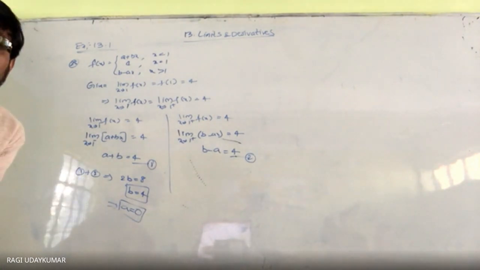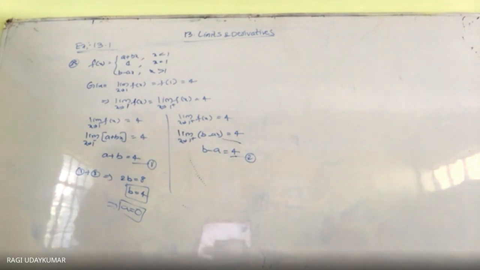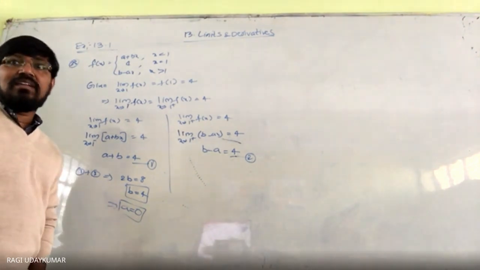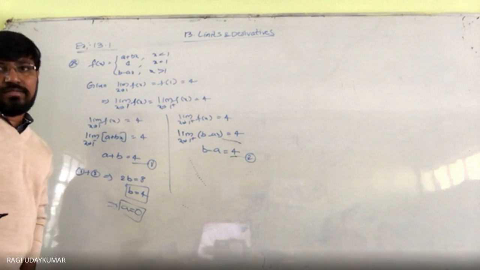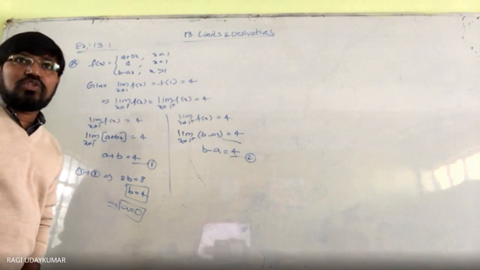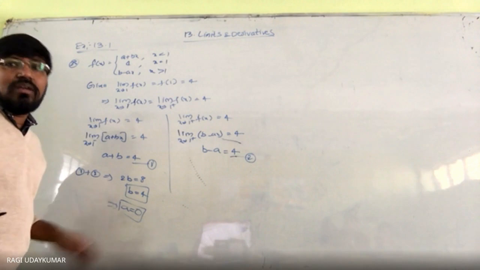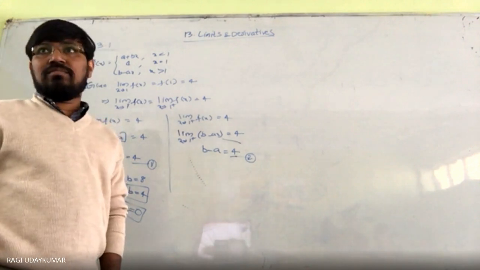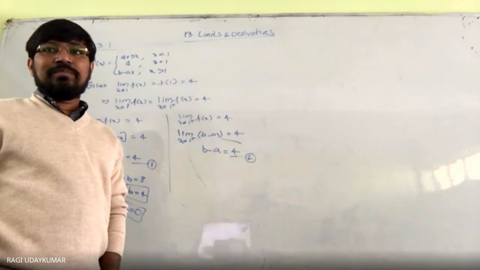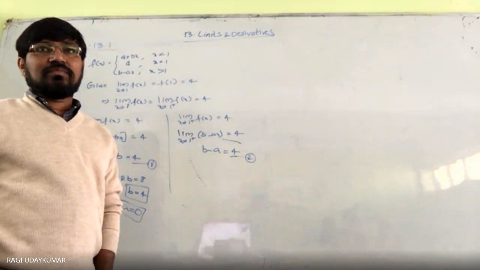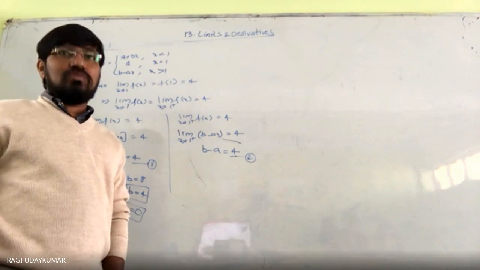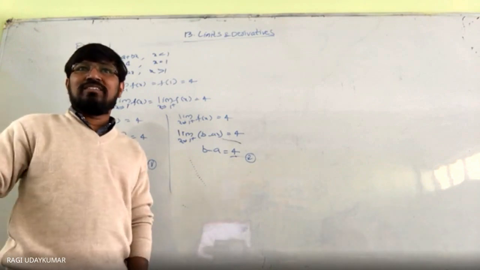Okay? Next, the 29th question here. a1, a2, a3 are real numbers. Define the function f(x) = (x - a1)(x - a2)...(x - an), and so on. Any doubt here? Okay. The limit as x tends to a1 of f(x) is what you are asked to find. What do you get? What is the value of the limit as x tends to a1 of f(x)? 0. Substitute a1 in it.